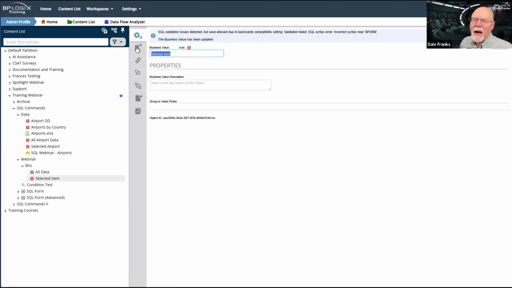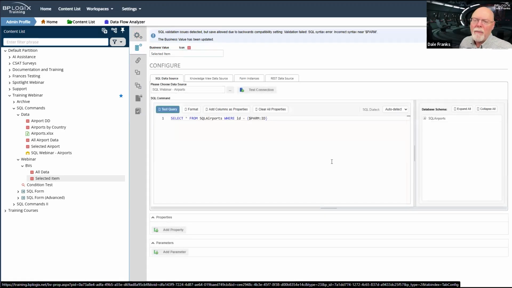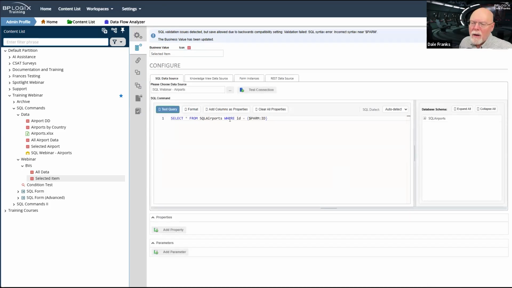Incorrect syntax near parm. Select star from SQL airports where parm equals parm ID. I don't know what SQL. I think this is a false error that I'm getting because it doesn't know how to read what parm equals.